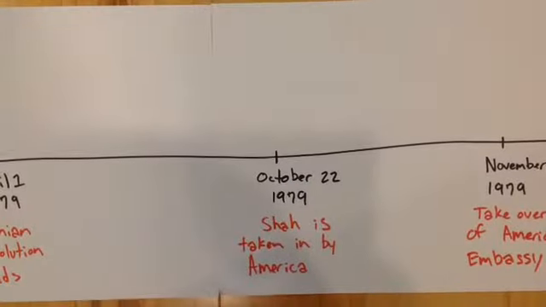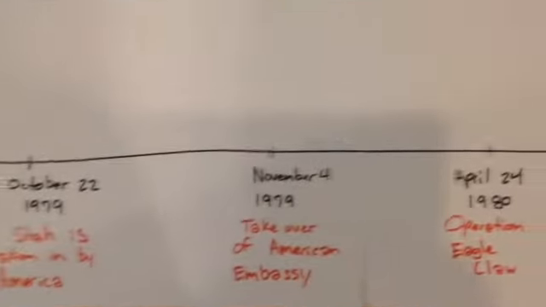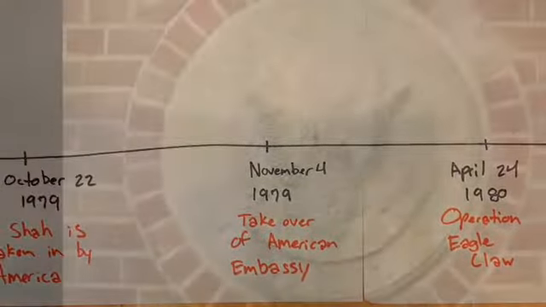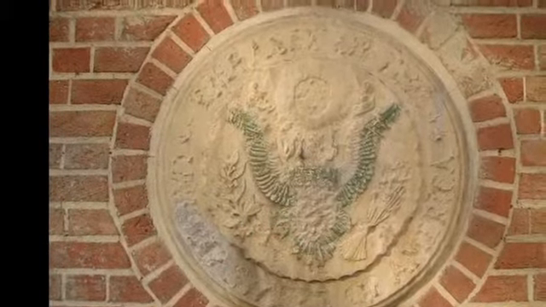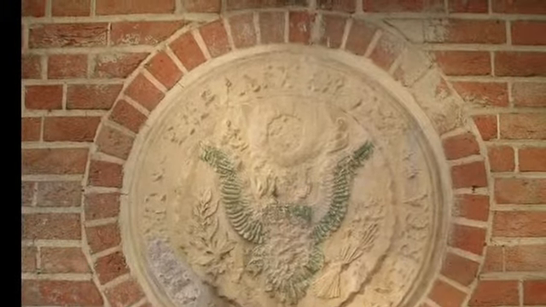On November 4th, 1979, literally days after the Shah goes to America, there was the takeover of the American embassy by students of the Muslim student followers of the Imam's line. They took the embassy as a result of the heightened tensions between Iran and America, and held 66 hostages in an attempt to send a message to America about their actions against Iran. It was clear early on that they had no intention of releasing the hostages anytime soon.